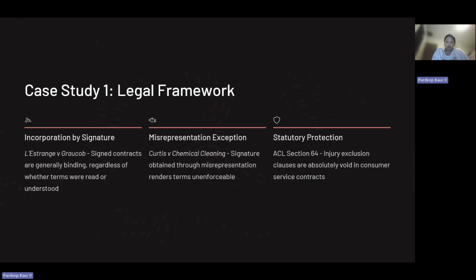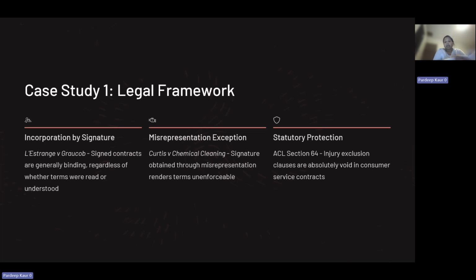The legal rules come from both case law and statute. First, in the case law under L'Estrange versus Graucob, a signed contract is usually binding, even if unread. But there's an exception. If the signature was obtained by misrepresentation, as happened in Curtis versus Chemical Cleaning, the